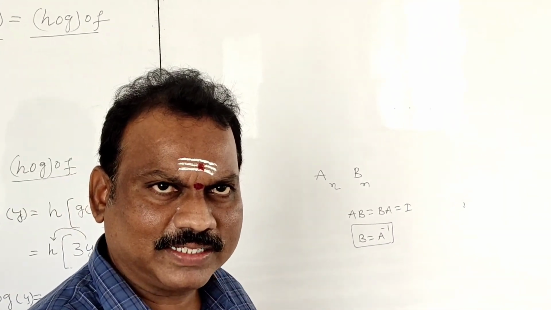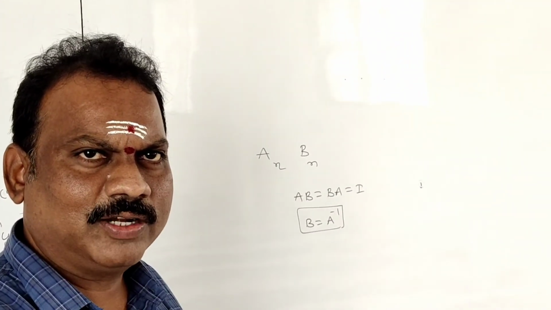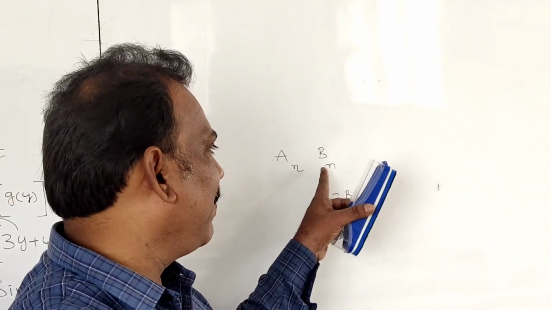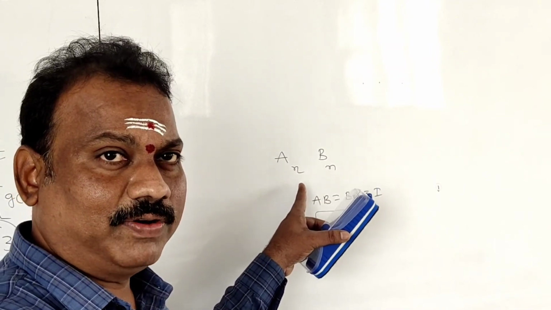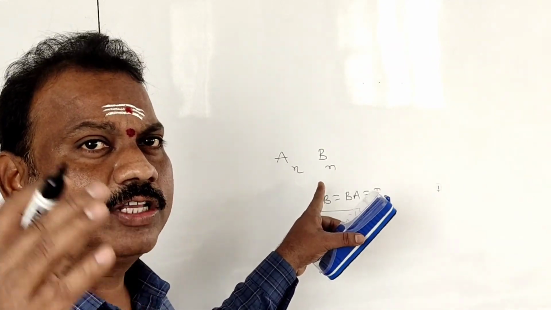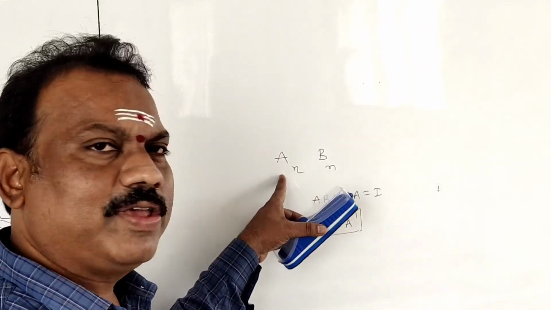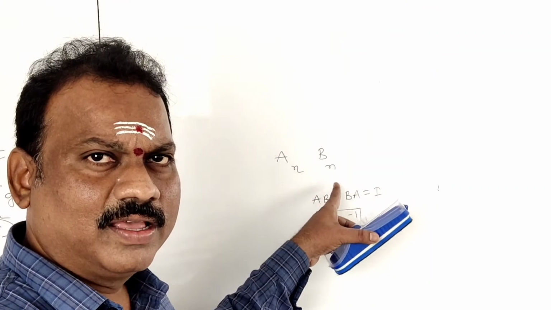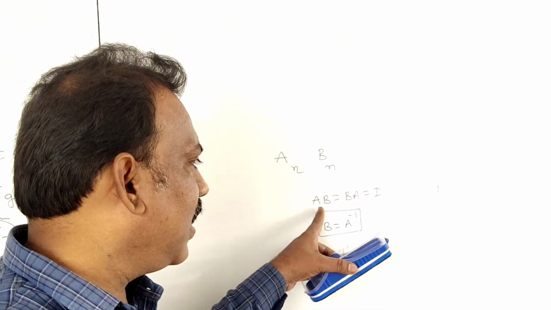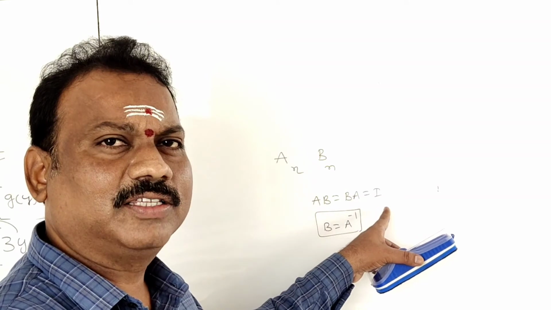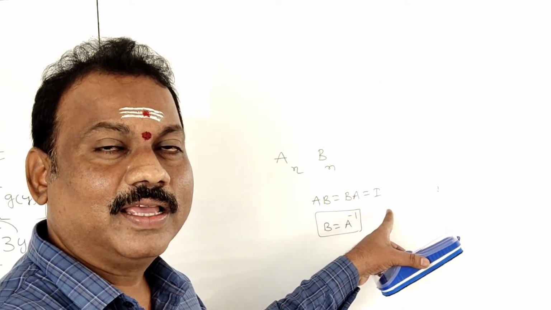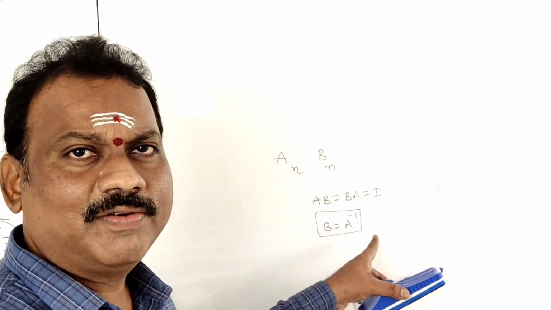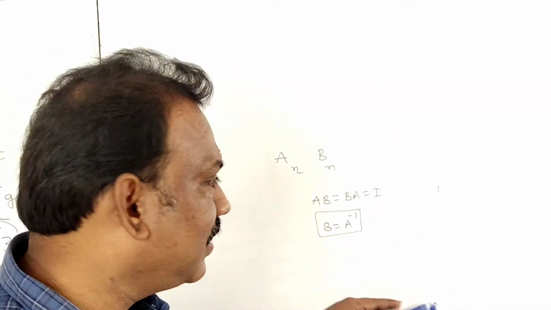Let A be one matrix of some order, 2 by 2 or 3 by 3 or 4 by 4, whatever it may be. There exists another square matrix, because it is a square matrix, students. Listen carefully. Inverse exists only for square matrices. That's why, let A be a square matrix of order n. There exists another square matrix B of the same order such that A into B is equal to B into A is equal to the identity matrix I. If so, then only B is called the inverse matrix of A.